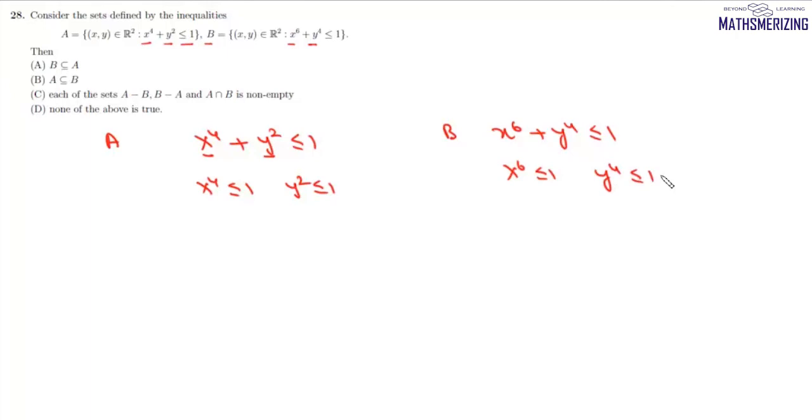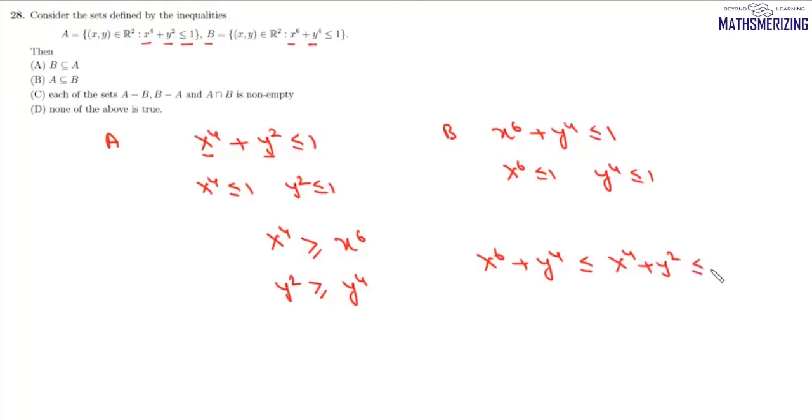Now we know that when x lies between 0 and 1, x to the power 4 will be greater than or equal to x to the power 6, and in the same way, y square will be greater than or equal to y to the power 4. So if we add them, we can write x to the power 6 plus y to the power 4 will be less than or equal to x to the power 4